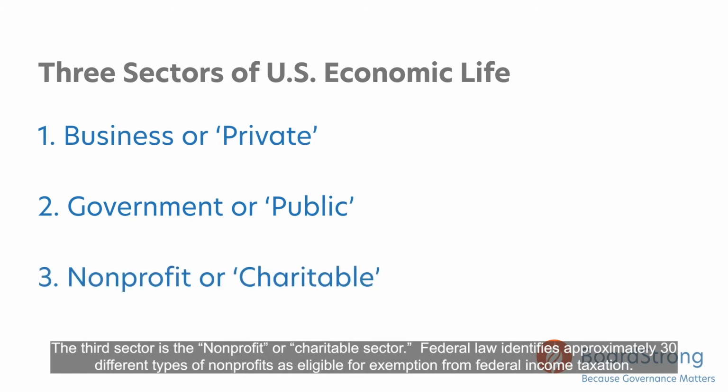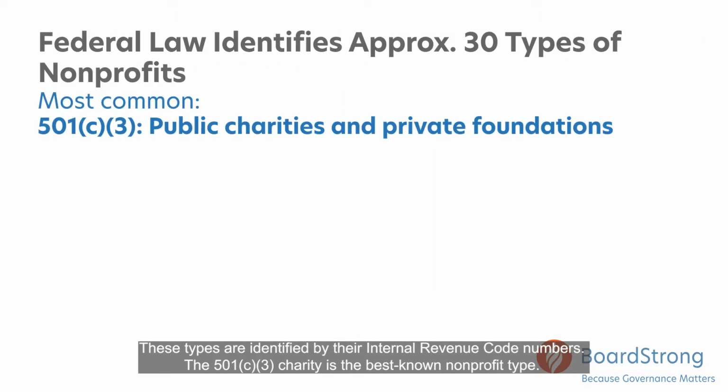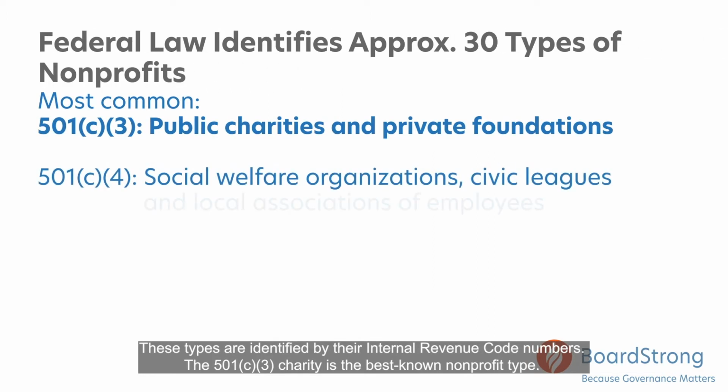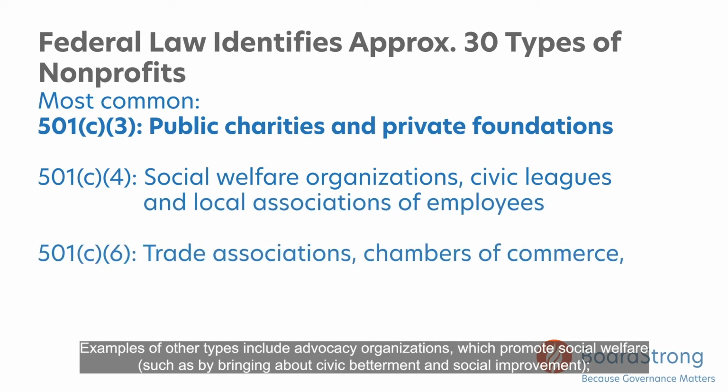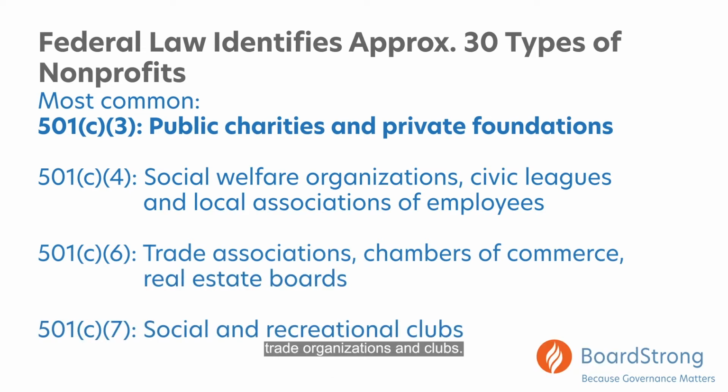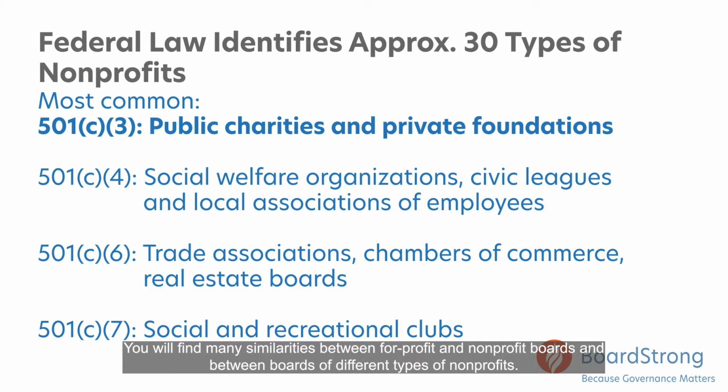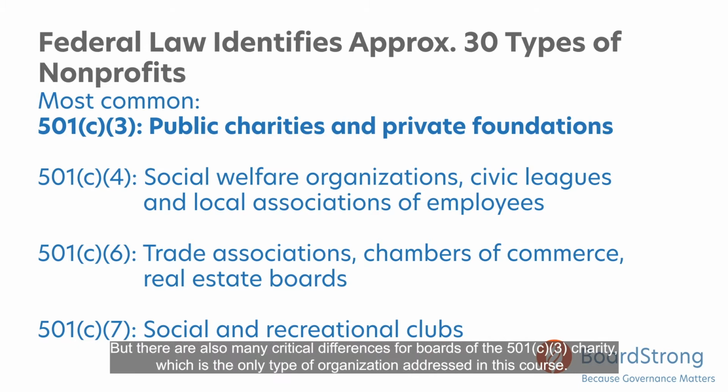Federal law identifies approximately 30 different types of nonprofits as eligible for exemption from federal income taxation. These types are identified by their internal revenue code numbers. The 501(c)(3) charity is the best known nonprofit type. Examples of other types include advocacy organizations, which promote social welfare, such as by bringing about civic betterment and social improvement, trade organizations, and clubs. You will find many similarities between for-profit and nonprofit boards, and between boards of different types of nonprofits. But there are also many critical differences for boards of the 501(c)(3) charity, which is the only type of organization